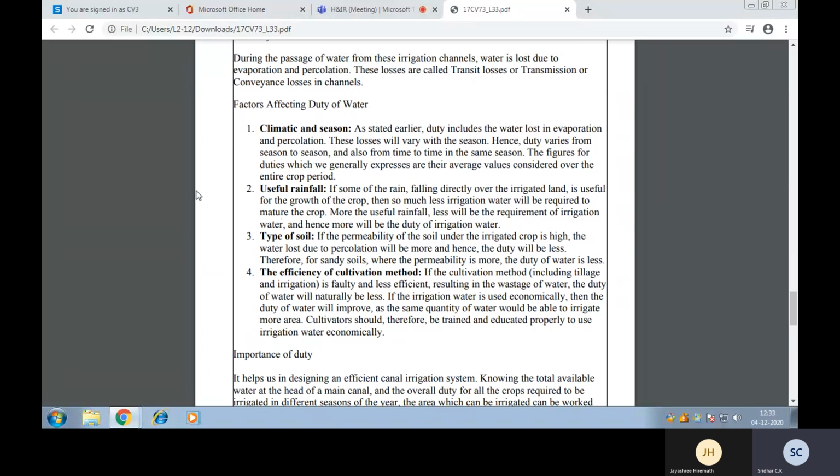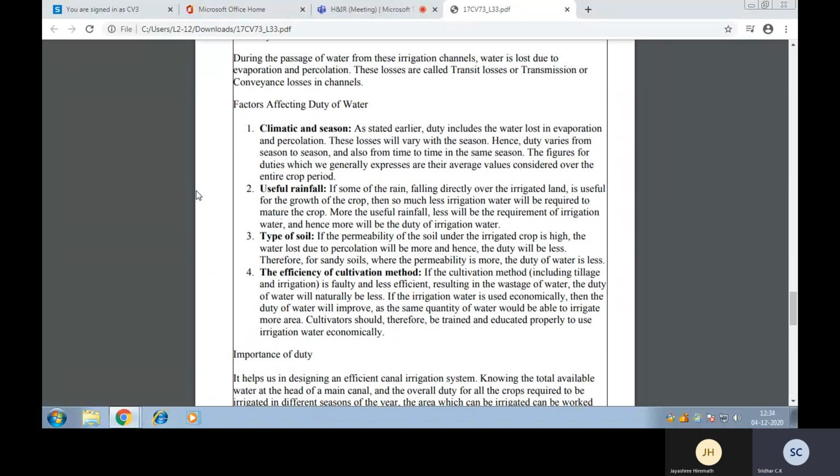So therefore, for every country there are fixed climatic conditions. Of course, nowadays a lot of variations are there due to environmental problems. But overall, on an average, the climatic condition is almost similar, not much variation. And also the seasons. Whether it is summer season, rainy season, or winter season, these are the different seasons we experience in an entire calendar year.